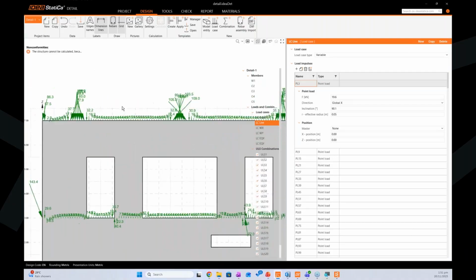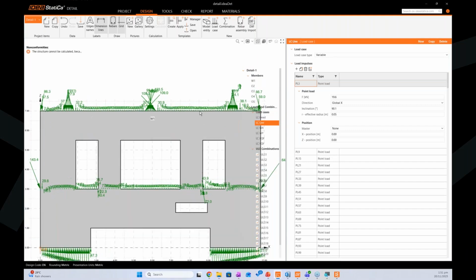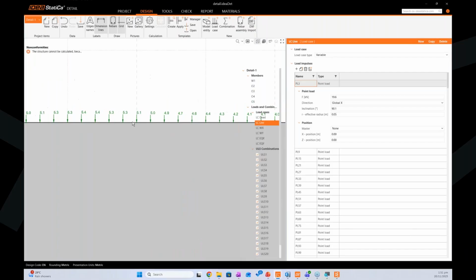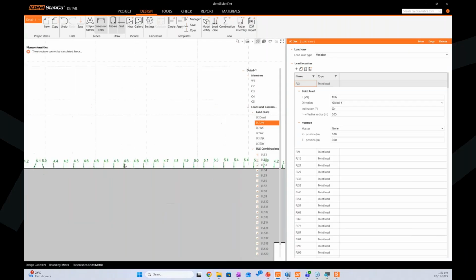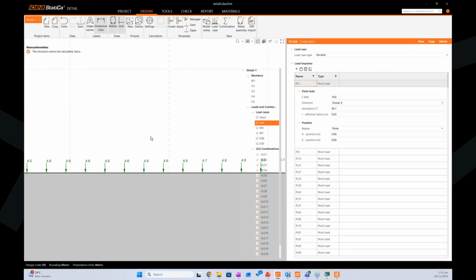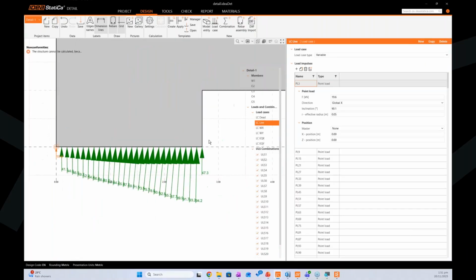You can see here there are three large forces. This is of course coming from the tree column. And you can also see there are small distributed forces here coming from the slabs. Same on the lower level here. And one more thing you notice here is that we also import the reaction force coming from the wall below,